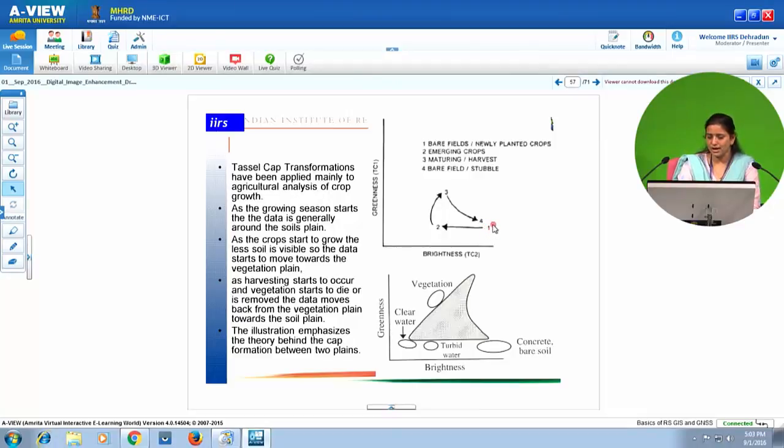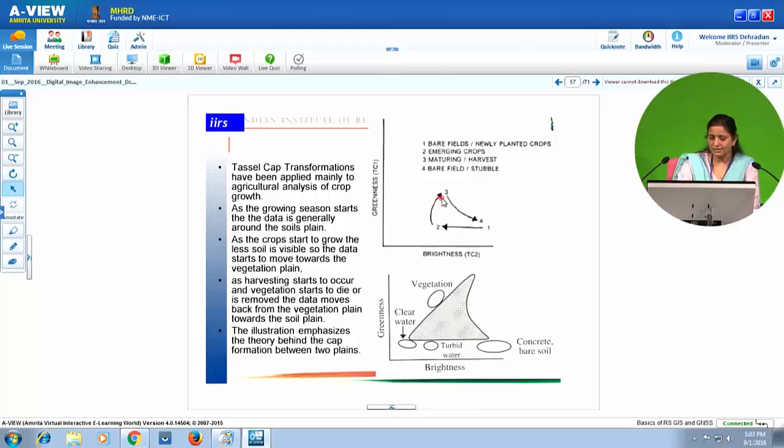As the crop starts growing, because we put more water into it, brightness will reduce. For wet soil the brightness would be less. Once the brightness is reduced, that means the soil is wet, the seeds have been sown, the plant starts growing up and the greenness starts increasing.